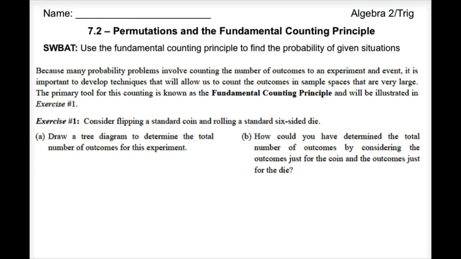Yes, we're moving on to 7.2, which is permutation and the fundamental counting principle. Our objective today, scholars, is that students will be able to use the fundamental counting principle to find the probability of given situations. Because many probability problems involve counting the number of outcomes to an experiment and event, it is